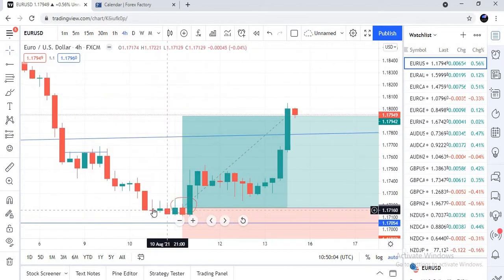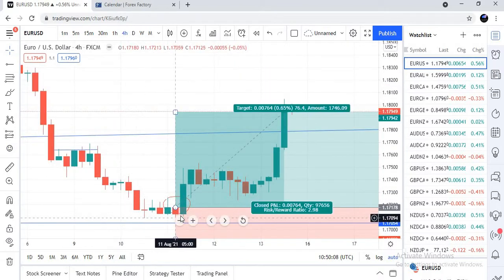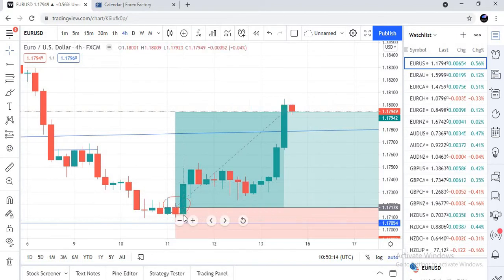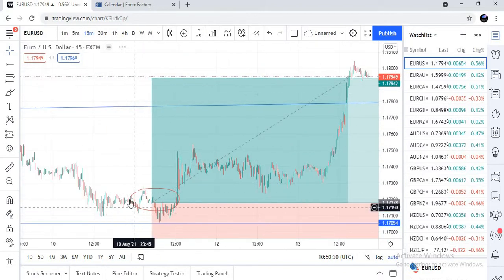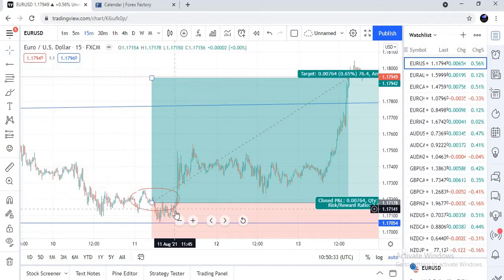So what did we do? We waited to see if there would be an engulfing candlestick, and this is what we needed right here as a confirmation to enter this pair. But before this engulfing candlestick, we actually entered when it was around here. So we placed the trade around here and waited. It began to range a little, so it started ranging, and it went down a little right here. I'm sure when it went down around this region, some traders would have panicked and gotten out of the trade.